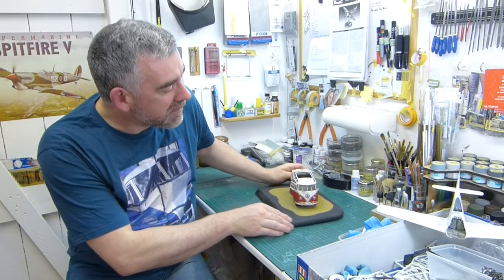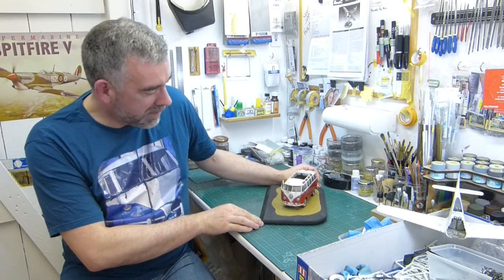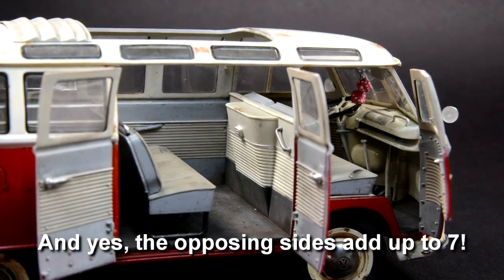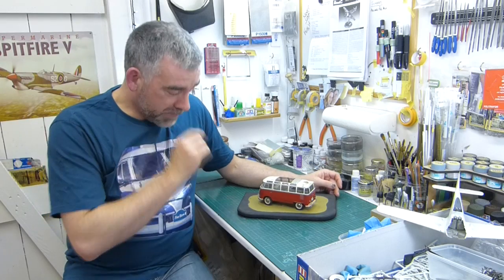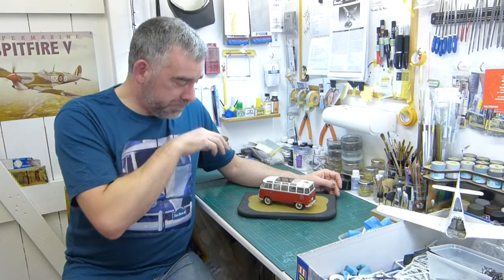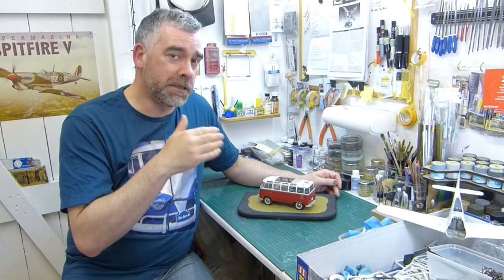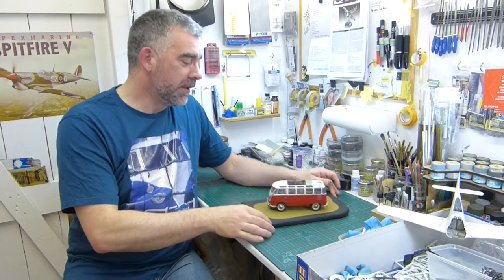Yeah, my most favourite little addition was some scratch building, which is a pair of pink fluffy dice, which I think really just does set the whole thing off. But as far as the kit's concerned, it was a great kit, went together very well. I did have a few fit issues, probably down to me. In fact, I kind of built it slightly out of sequence, so it's my fault more than anything,